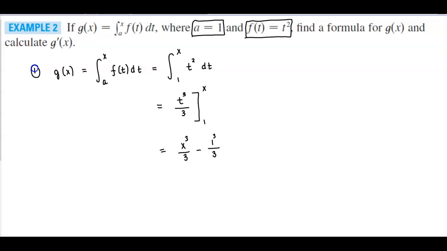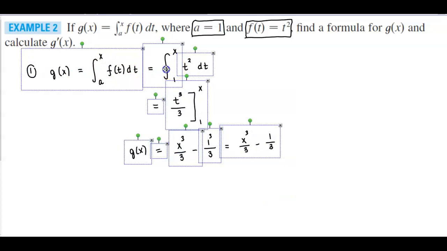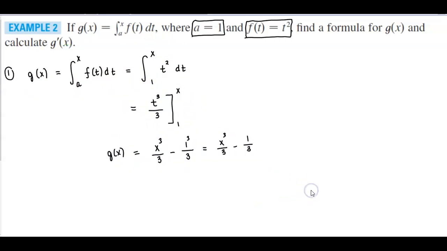So that ends up giving us x cubed over 3 minus 1/3. And therefore, that is what represents g of x. So we've done the first part. Now the second part, what they want us to do, and let me see if I can make a little bit more room here. So the second part,